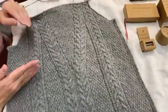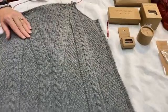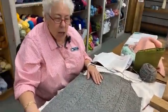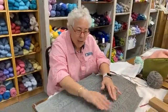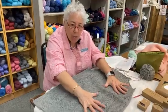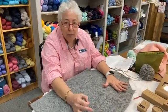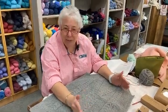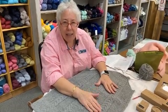The other thing, and I haven't discussed yet, and I'll do it on another tutorial, is how to measure your knitting when we measure. And a lot of people, I want to tell you, you must pat your knitting down. Do not stretch it open. By doing this, you can add a half inch to your knitting. So I know you want to get to that 20 inches or whatever it is, or 8, but by stretching it, you're not. The reality is